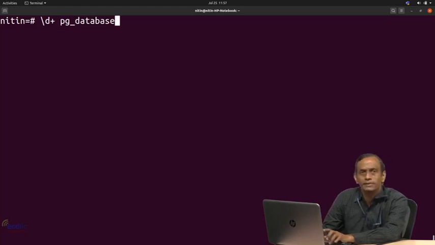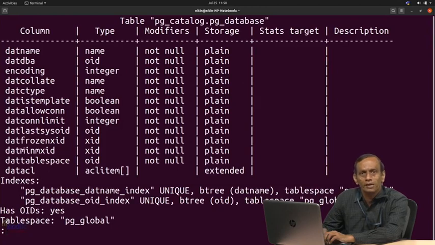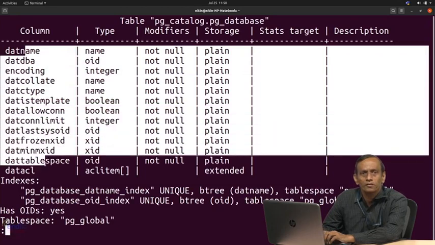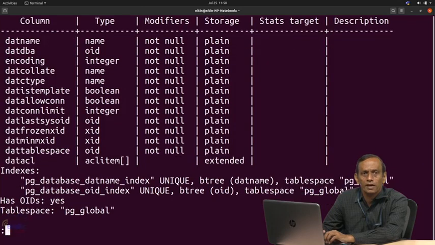If I write pg_database, this would be a table storing information about your databases. All these things are seen over here. And it has an OID, correct. Now, you will see here this has OIDs. That means whenever a database name is added, some number is associated.